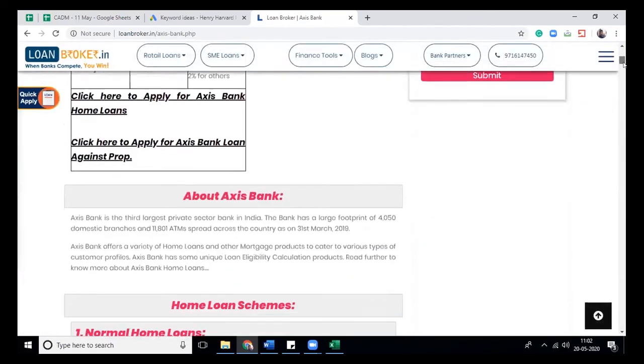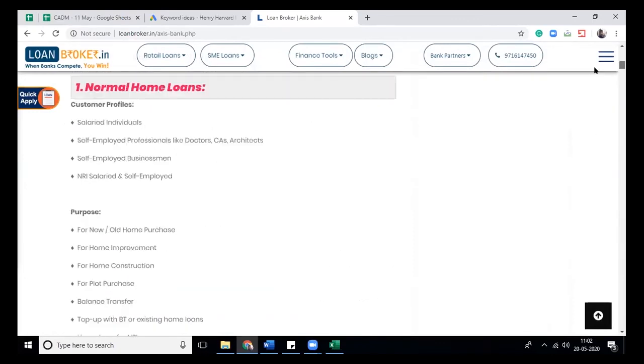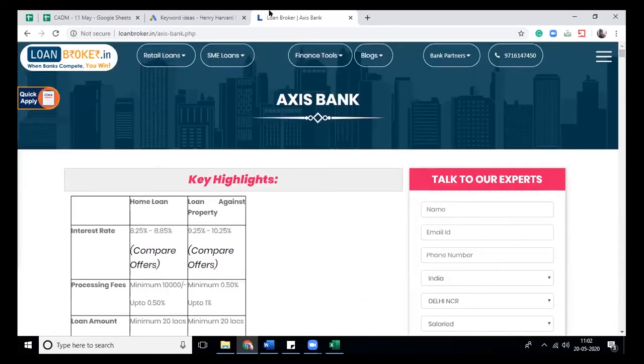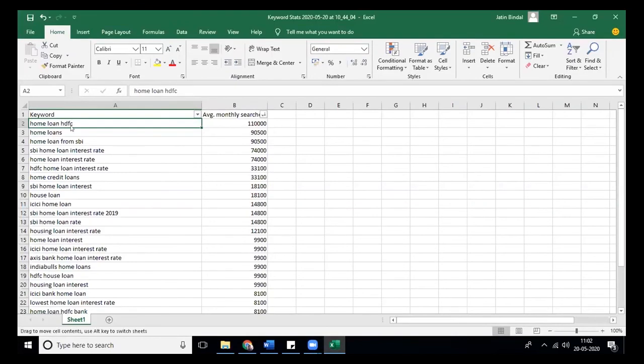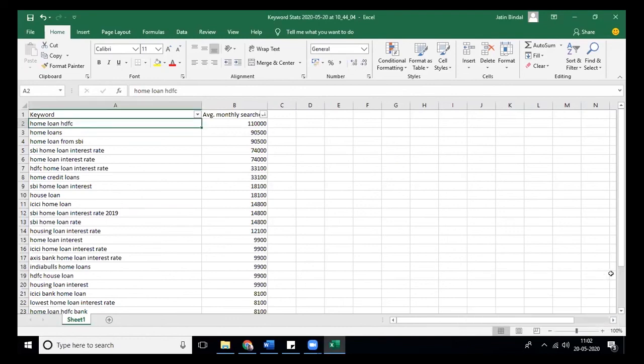So over here, what you see is details about it. When you have a separate page for Axis Home Loan or HDFC Home Loan, you don't add HDFC, SBI keywords over here. I'll tell you a simple reason why. Because you have dedicated pages for each of the products.